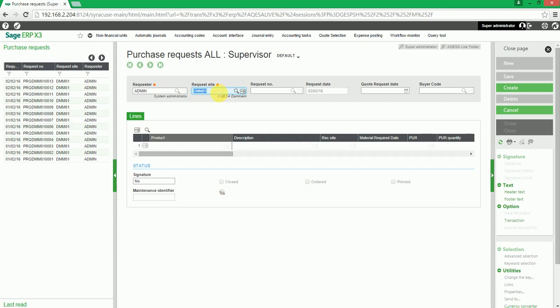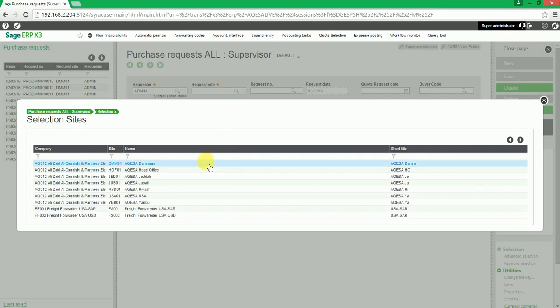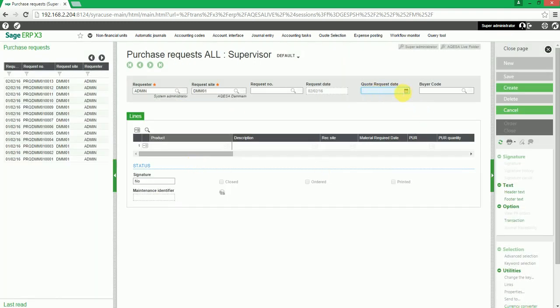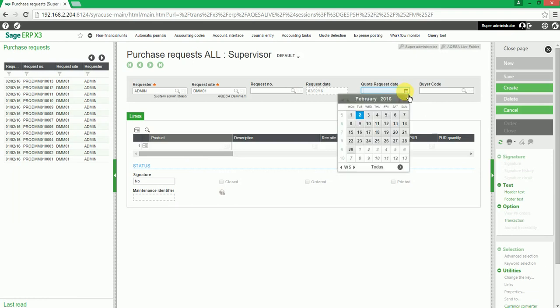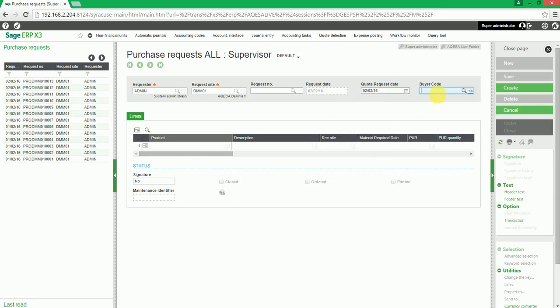We'll see that the request site has defaulted. If this needs to be changed, it can be removed. We can select the selection icon, and one of the sites below can be selected. We can then enter a quote request date, and if a specific buyer code needs to be referenced, it can